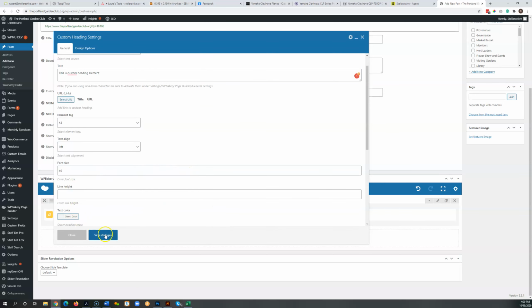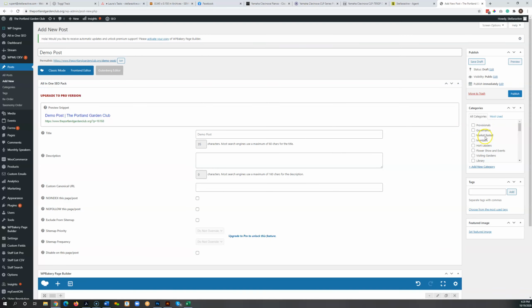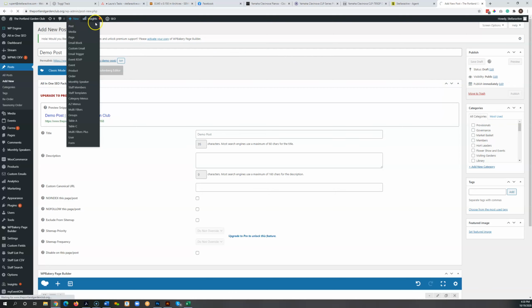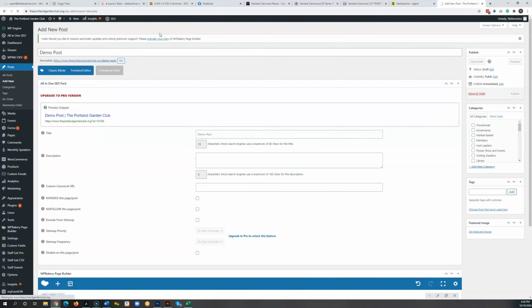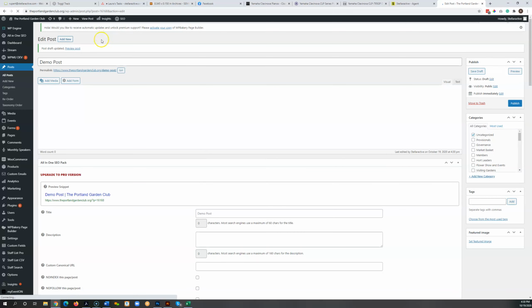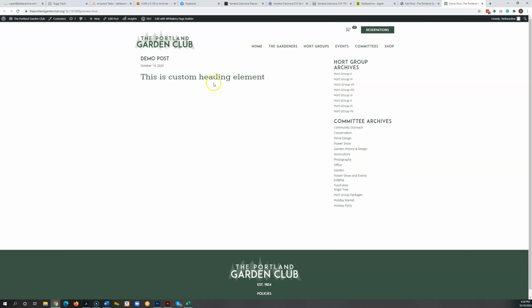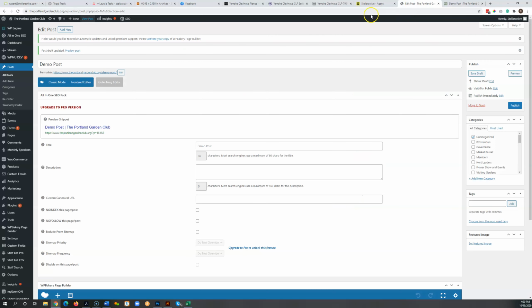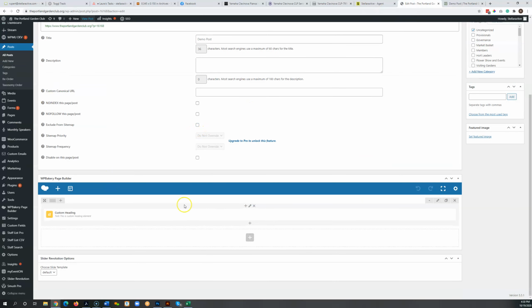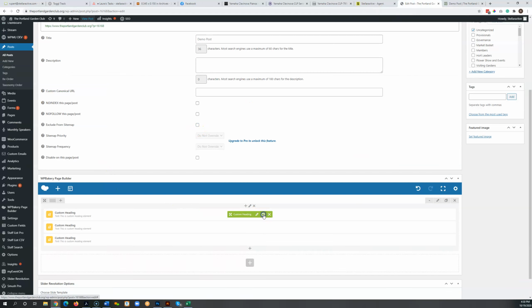Yeah, so let's just go ahead and save those changes. Let's go ahead and save the draft. And then we'll view the post. So you can see we've got a different font there now for this thing. So let's just go ahead and, for the heck of it, let's just duplicate that and we'll add a couple